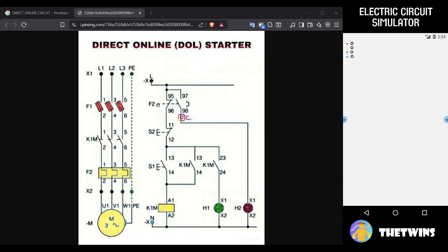There is a circuit, direct online starter. Okay, next we see the component: F1 is the MCB 3 pole. Let's add the component, MCB 3 pole, and then Q1M is the contactor, and then F2 is the overload, and then the motor.